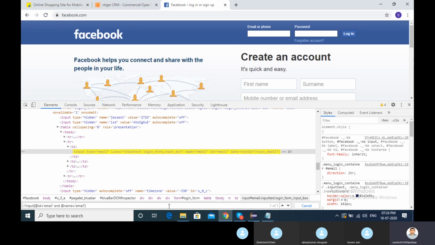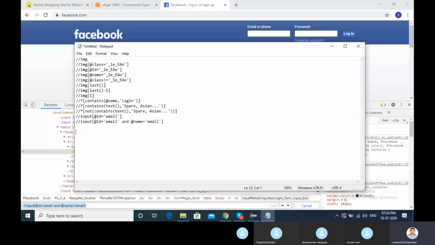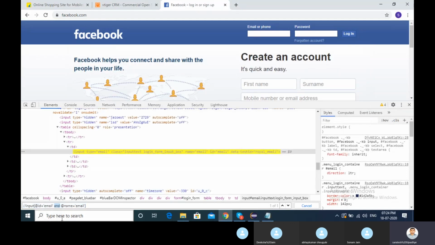So I'm finding only one node here. You can find it like this if you provide, or